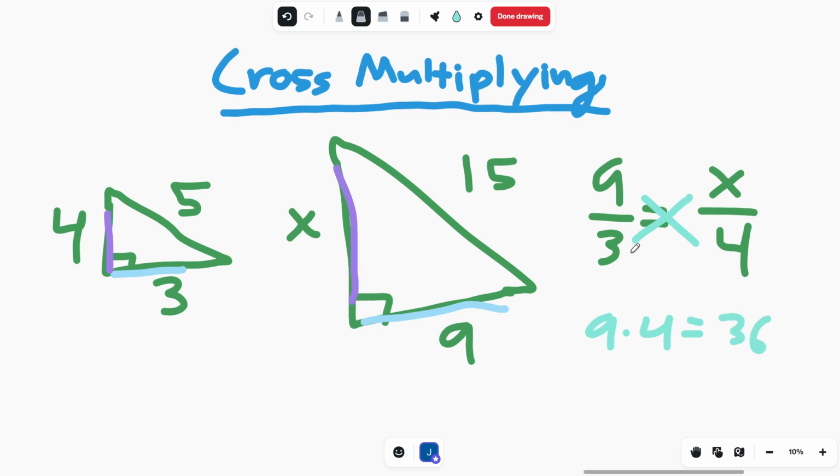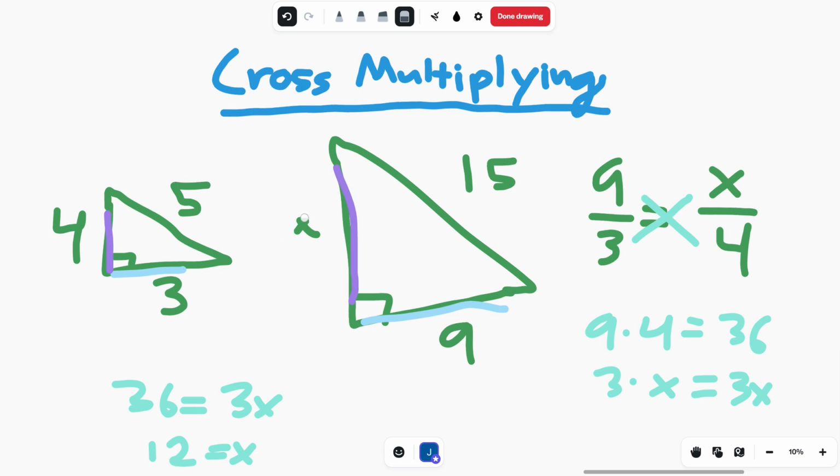And then we do 3 times x, that gives us 3x. And then we would simply write 36 on this bottom left right here. 36 is equal to 3x, and we'll divide by 3 on both sides, and that would give us x is equal to 12. And then when we remove our x right over here, and we write 12,